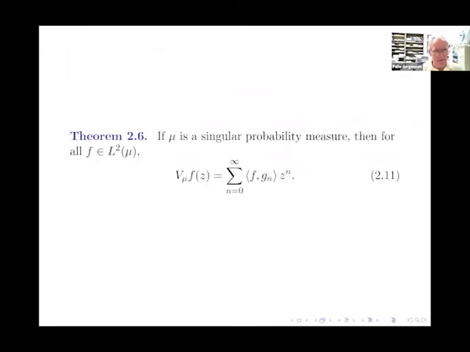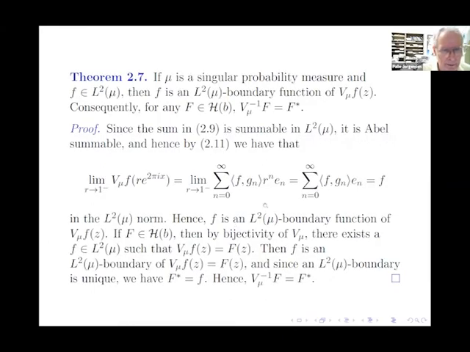Now let's return to our old friend. So you start with a measure mu, and you create the corresponding L2 mu inner product, and that's what you see in 2.11. And then you take the complex monomials, and then we saw that the normalized Cauchy transform takes you into the subspace of the Hardy space, and that's called H of B, where B is the inner function, and that's in the Barnes notation. And I don't have enough time to explain the Barnes.